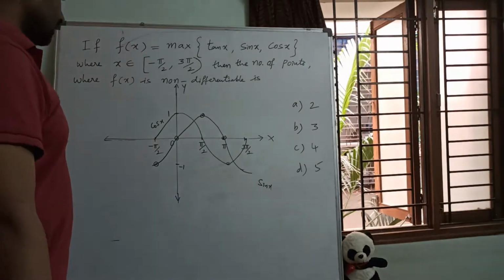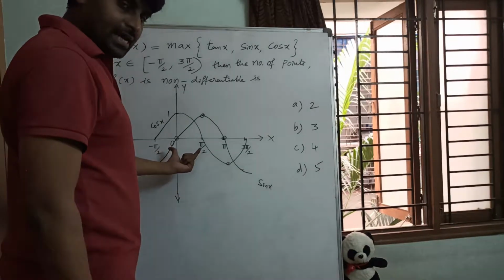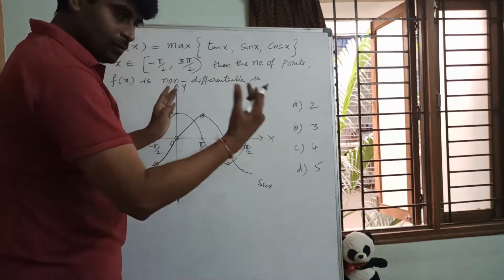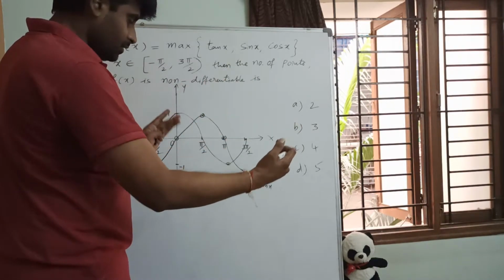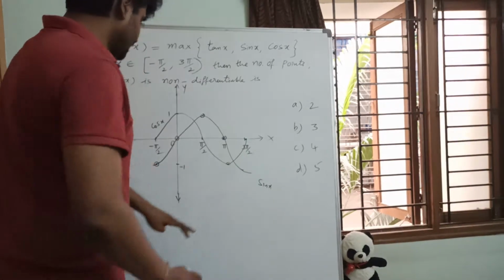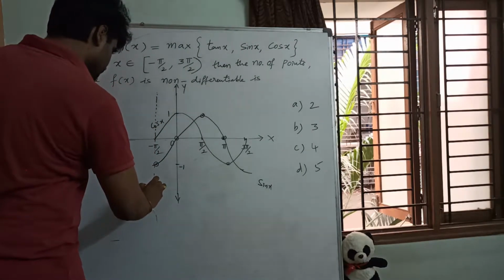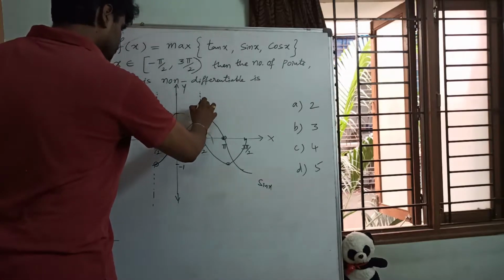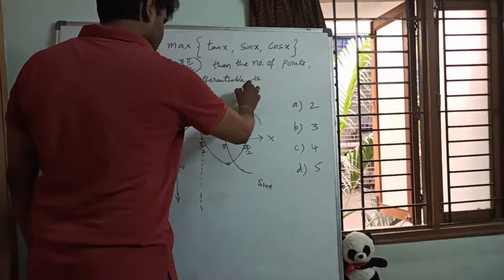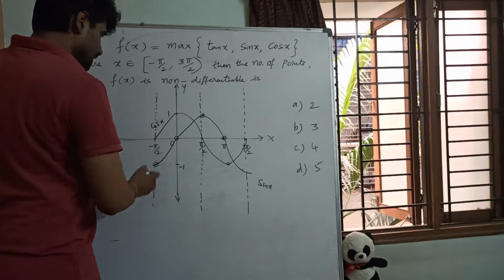Right? So now let us go for drawing the tan x curve also. What is the tan x domain? Minus 90 to plus 90. Okay. So for every 180 range, minus 90 to 90, then 90 to 270, like that. Okay. So at odd multiples of 90, tan is undefined. Okay. Hope you can recall the graph of tan x. Right? So the graph will be like this generally.